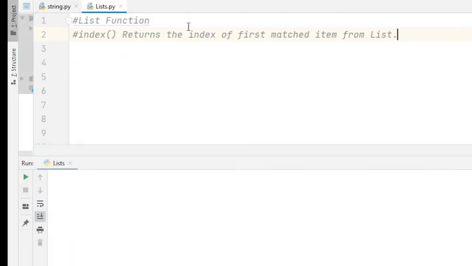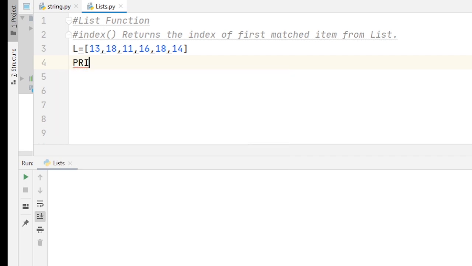The first function is the index function. Actually, the index function returns the index of the first matching item from the list. Suppose I have a list and the items of the list are 13, 18, 11, 16, 14. Okay.